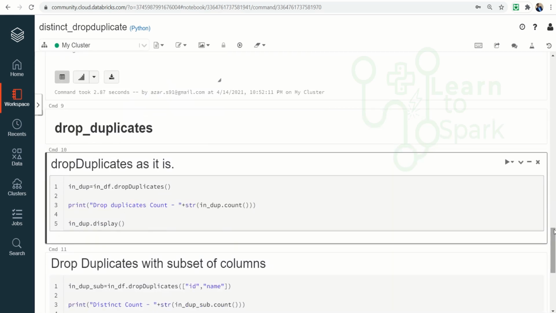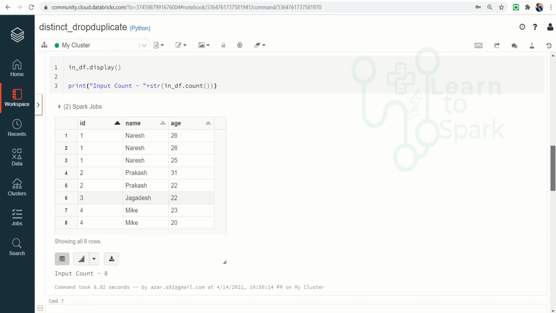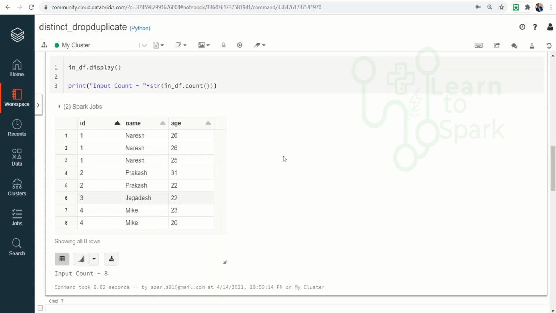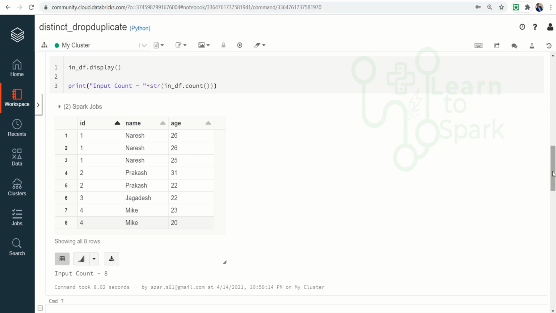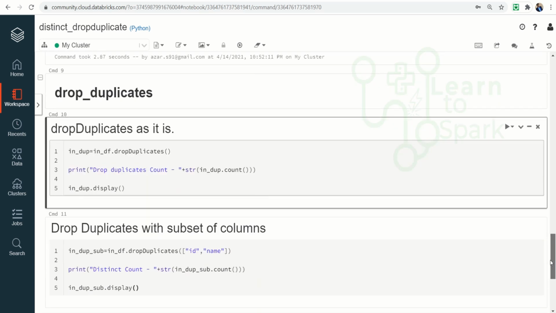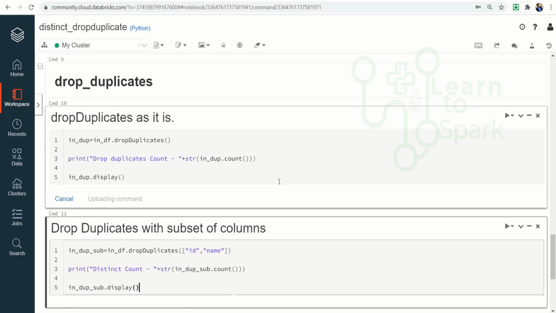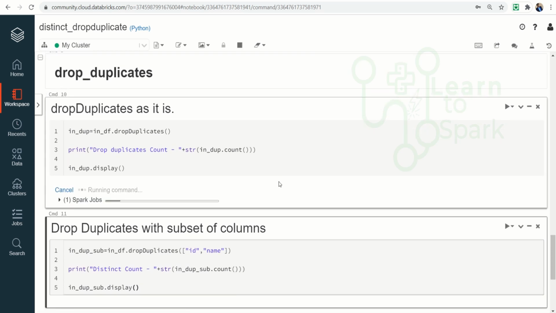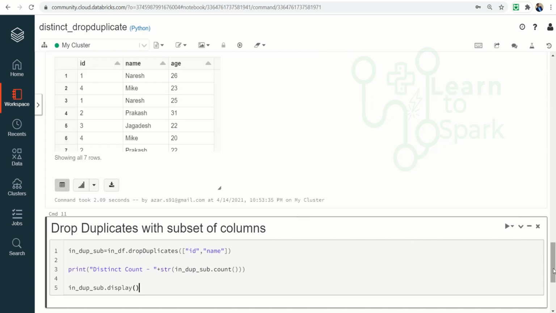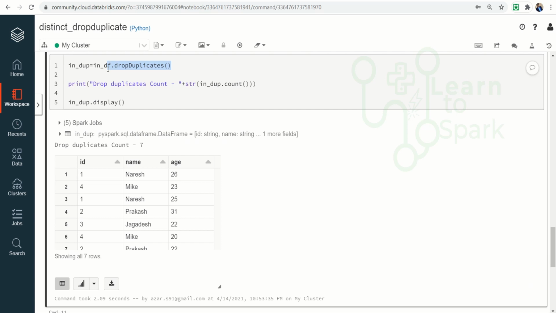Before running this command, I would like you to freeze the video again and calculate the count and the number of records that will appear in our output, so that we can check it after I run the command. Let me run this now. Again we will have 7 rows. This drop duplicates is the same as distinct. It does the function of distinct, so we have returned 7 rows matching the distinct function that we ran above.